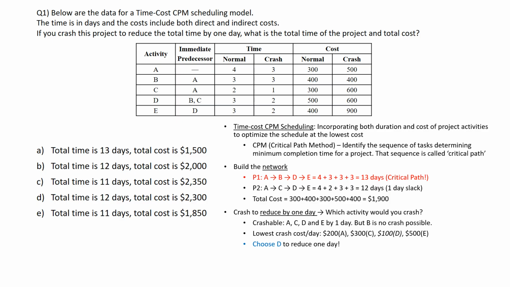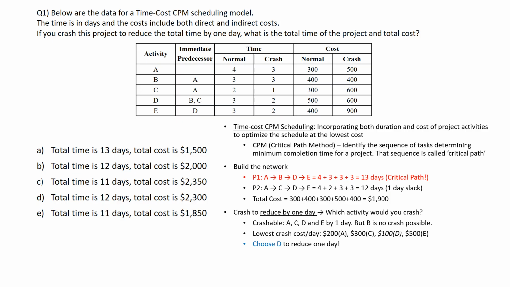But which one would you choose? You would want to pay the least, right? The marginal cost of crashing is at activity A, $200, and activity C, $300, and activity D, $100, and activity E, $500. So we will choose